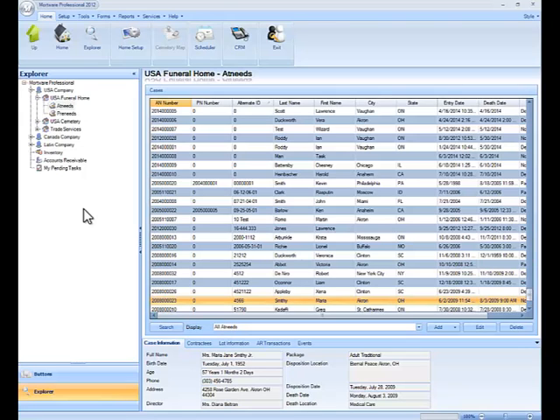Hello, in this video I'm going to show you how to print general forms and government forms in Mortware using the Telerik reporting tool. To get started, make sure that you have a record highlighted. In this case we're going to use Maria Smithy, and then go to the Forms drop-down menu located at the